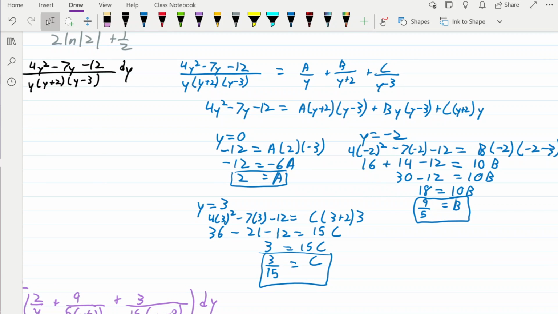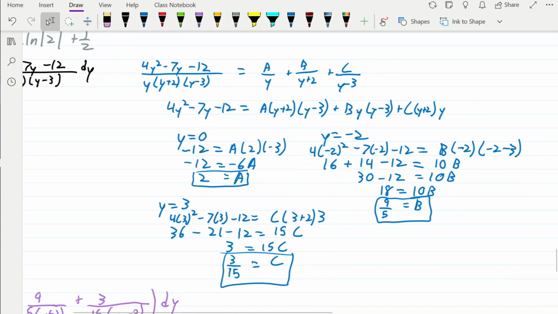And make sure I copied everything over correctly. y plus 2, y minus 3, dy. Okay. All right, so let's check. When we set y equal to 0, so that's minus 12 over here. That's going to be 2 times minus 3. Okay, A looks correct. When we set y equal to minus 2, we had the 4 times 4, so that's